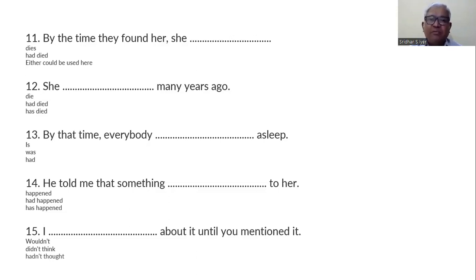This is how you identify. When you use a simple past, it is just a simple thing that's happening in the past, but when you use a past perfect, you have to mention something along with something which finished in the past itself. Like for instance, I used to play cricket in the past, but if I were to use a past perfect instead of a simple past, then I have to say I had played cricket till I was about 19 years old.